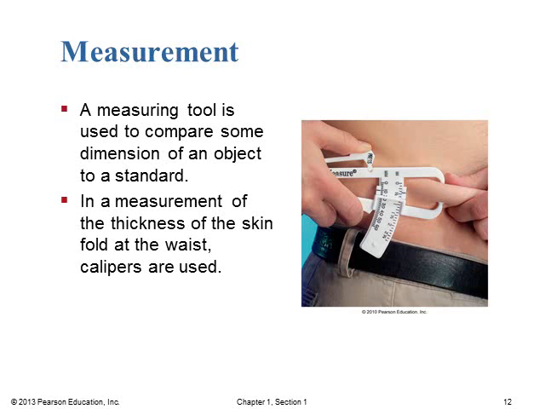We use many different measuring tools in chemistry. We'll be using many of these tools in our lab classes, and we'll talk about many of these instruments when we get to lab. We also use many instruments of measurement in the medical field. You use rulers to measure height. You use scales to measure weight. And in this case, in this picture, you see this caliper measuring the thickness of the skin.